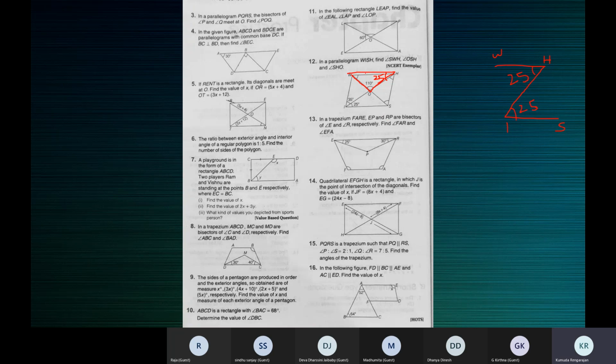So you can find this angle SWH that way. You will find this one. When you name this in this triangle, you will call it OWH or HWO. But that's also SWH. Find out, all of you.